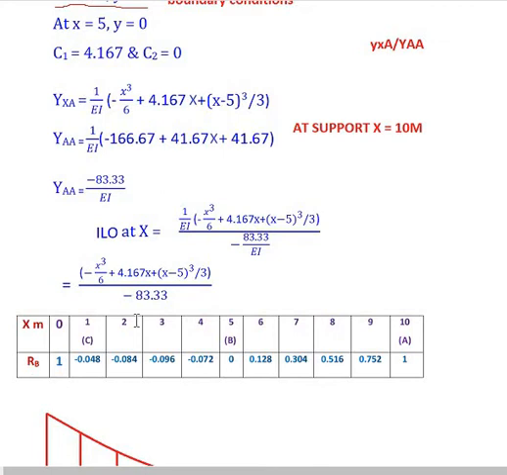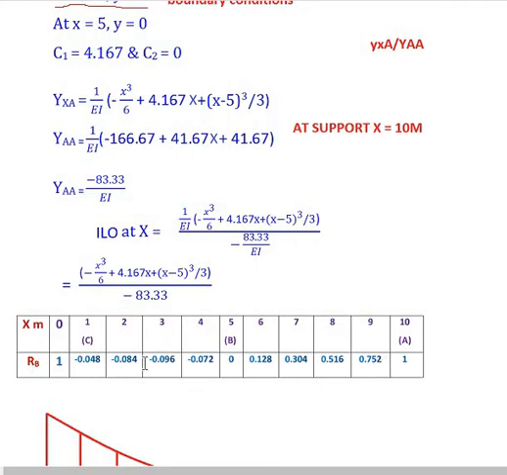In this problem, they have asked to find out the influence line ordinate at every 1 meter interval. As we know, the length of the span is 10 meter. We have to split it into 1 meter intervals. So initially the starting point of x is 0. After that the value of x is 1, and then 2, 3, 4, 5 and so on up to 10. At the starting point the value is 1, as you know. First we have to substitute x equal to 0 in that equation, so we'll get the value as 1. After that similarly we substitute 1, 2, 3 and so on, so we get those values for the influence line ordinate for the reaction at B.